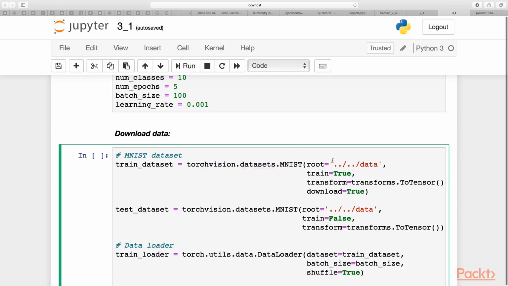Here at root you can just specify the place where the data is stored on your laptop. Also, you need to clarify which part of the dataset you are using, train part or test part, and what else. Also, you can specify the parameter called download.